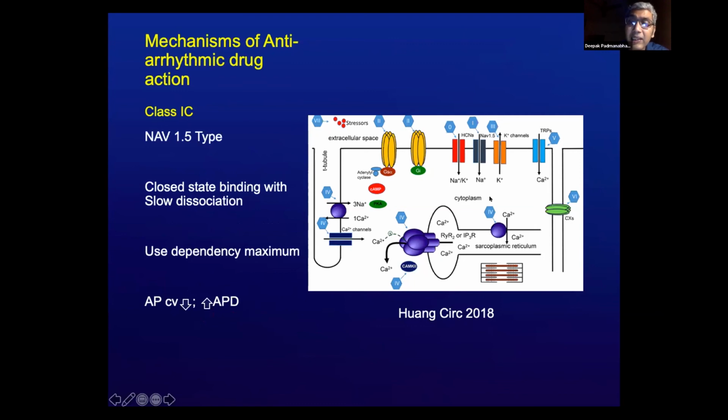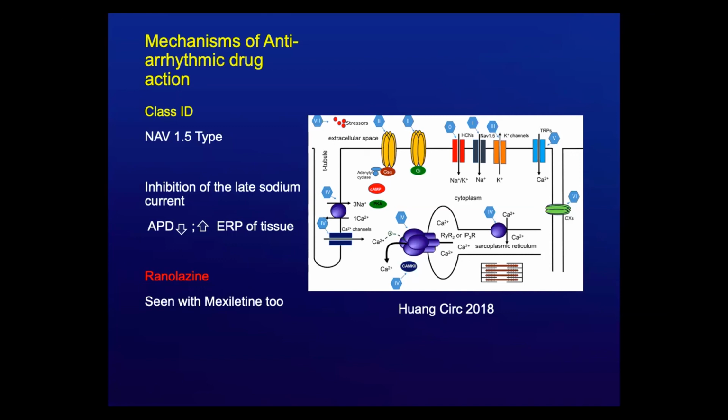Remember, these drugs, including flecainide, have a propensity to increase the width of the QRS because it is the sodium channel that contributes to the width of the action potential, and thereby the width of the QRS is a good estimate of whether or not these drugs have toxic potential.